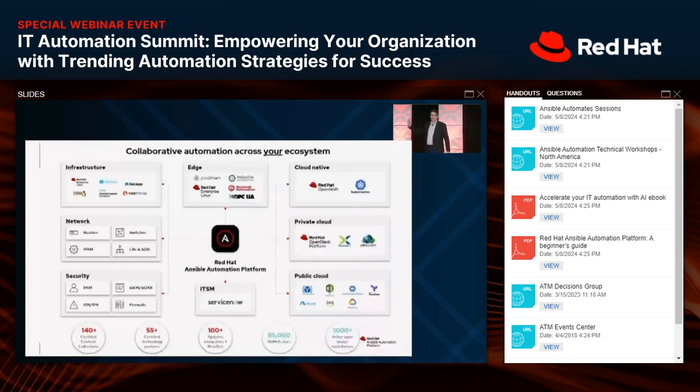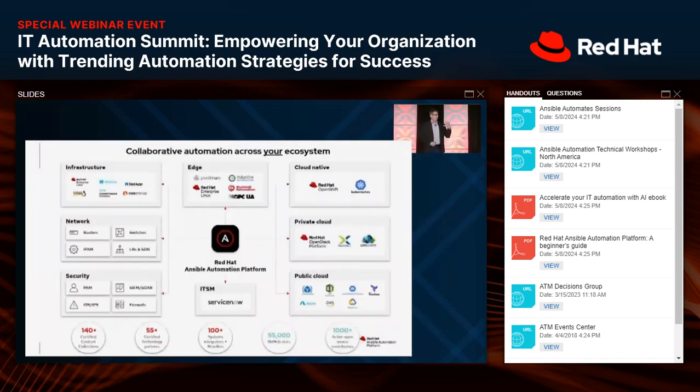So how many people in the room have a single vendor for all of their IT stuff? How about a single vendor for all of their networking? Right? This is the power of Ansible in my mind. There are lots of other tools out there. You are using a vast swath of tools. There's about 300 people in this room. There's probably 8,000 tools that you all have to deal with, right? Ansible's not designed to replace them all. Ansible's designed to augment them, sometimes replace, but mostly connect.